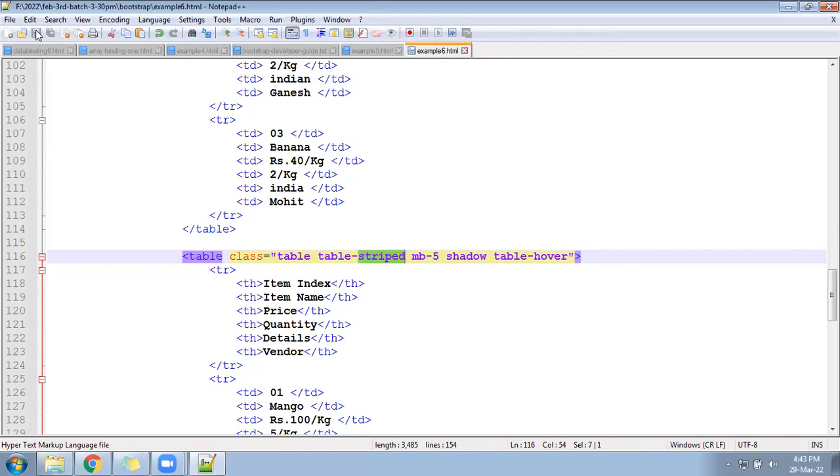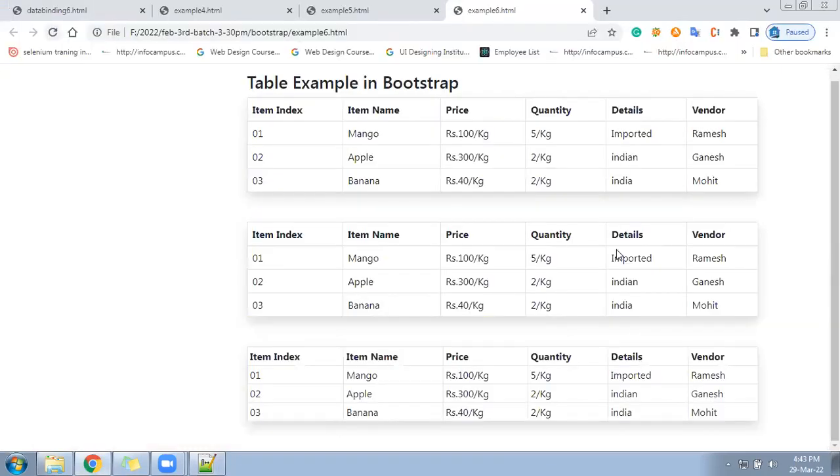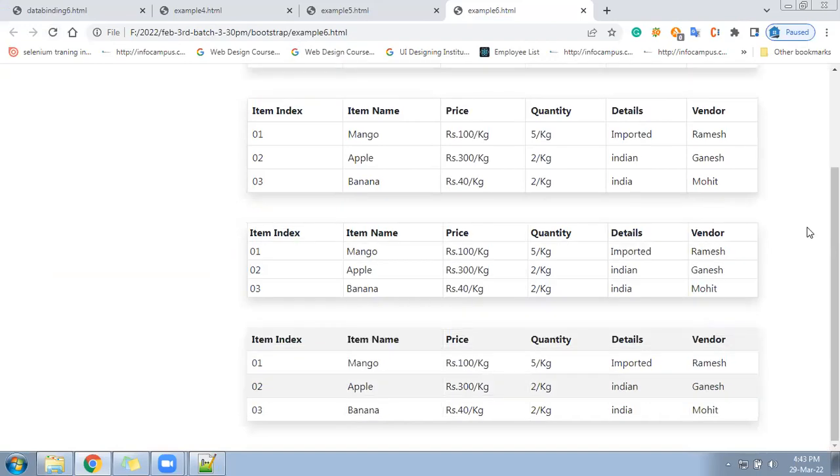Hope you have written it. Let us check now how that appears. One more table will come in the last, but by default you can see alternate lining is there. Can you see this alternate lining? Alternate lining you have by default.